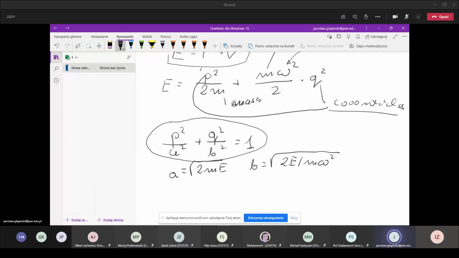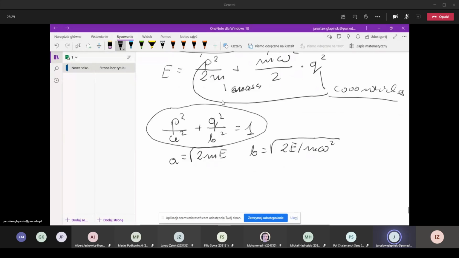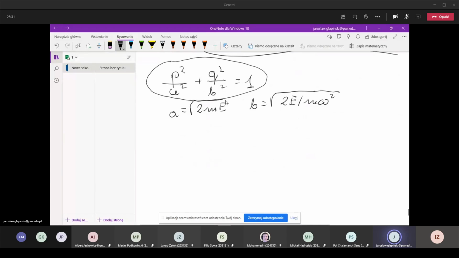Yes, this is an elliptic equation. So we've got the ellipse. If we calculate the shadow of the ellipse, we can say that the area is equal to